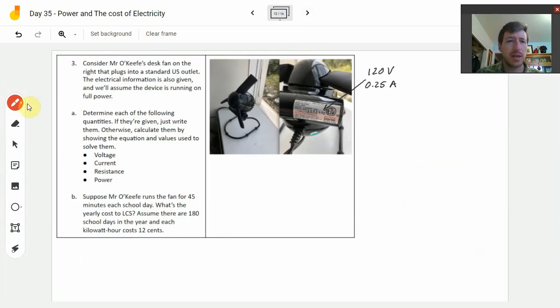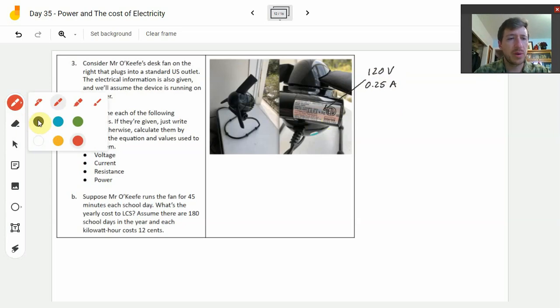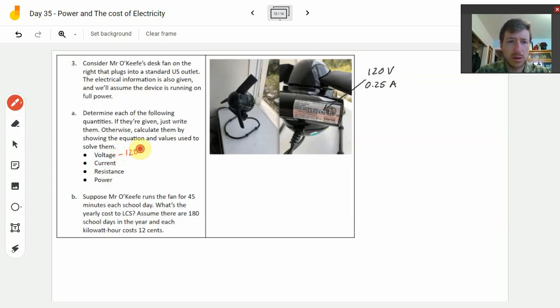All right, next one here, we're looking at Mr. O'Keefe's desk fan that he uses in his office. If you zoom into this on the assignment, you'll see something in here that says 120 volts is the outlet that you're plugging into, and 0.25 amps, which is the current that this actually draws. So in this case, we have two knowns. We've got the voltage, which is 120 volts, and we have the current, which is